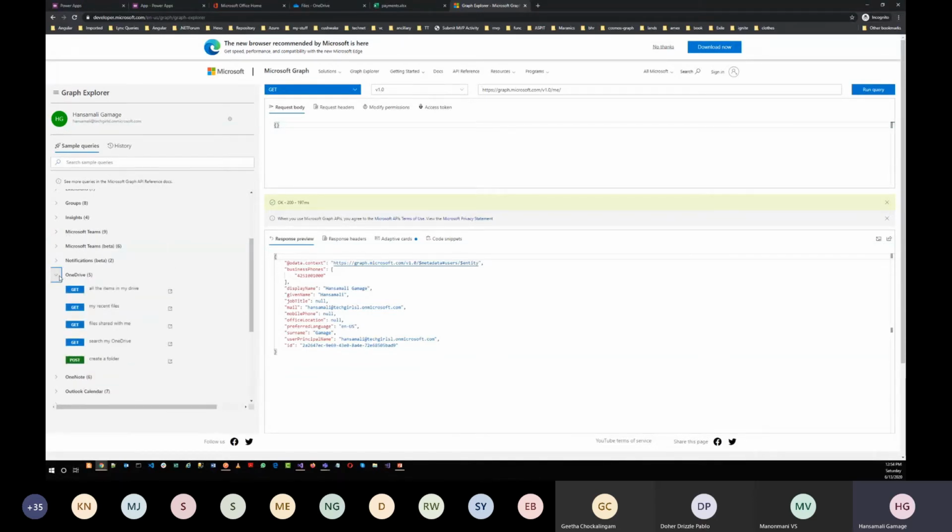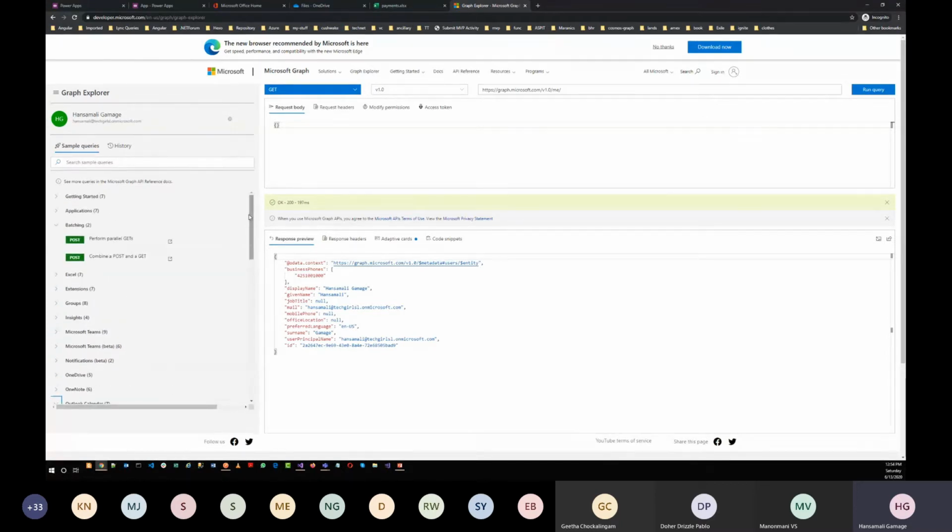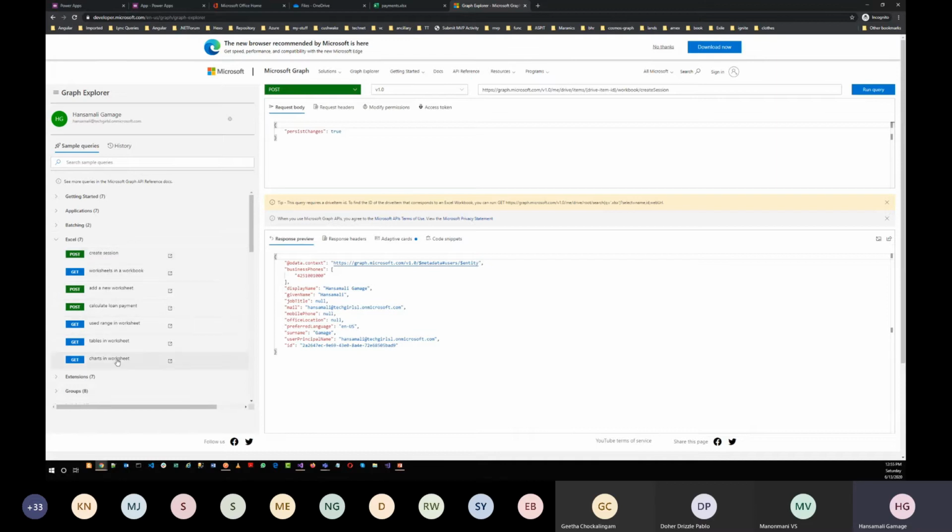For OneDrive files, Outlook emails, Outlook calendar, you have separate sets of APIs in Graph API. In today's example, what we want is to read the data available in the Excel sheet, so we have to go with the Microsoft Graph Excel API. That means we have to use the methods in here.